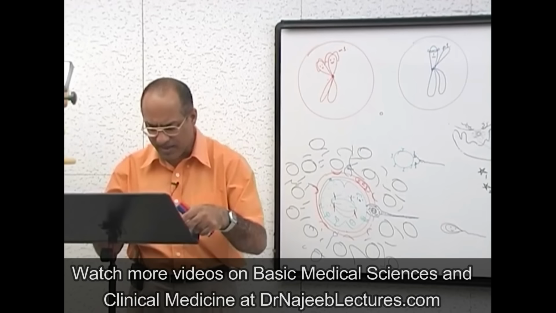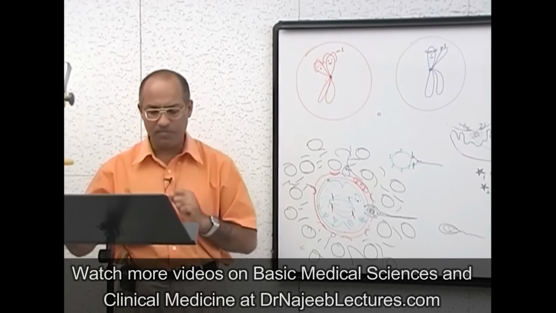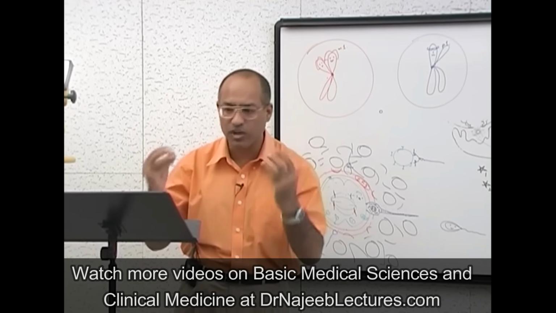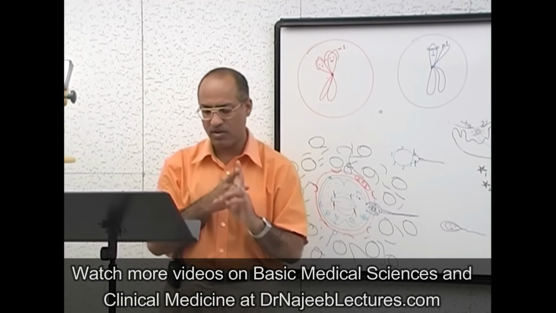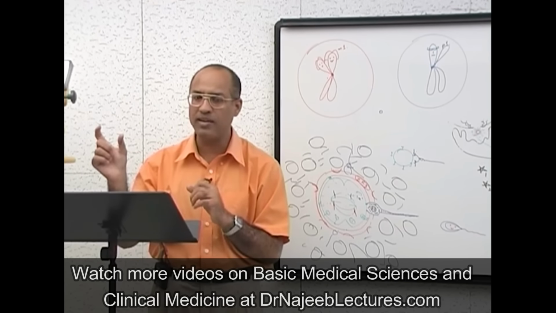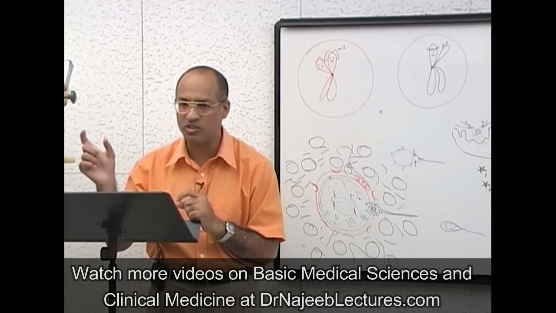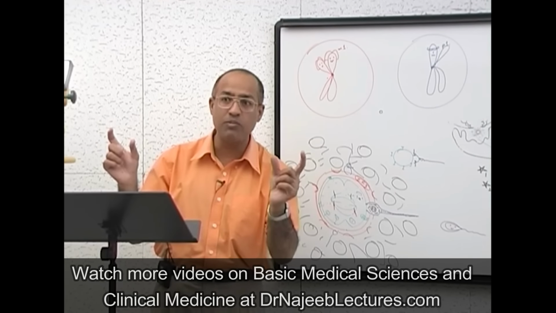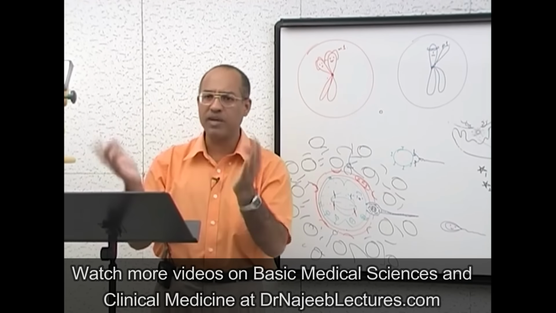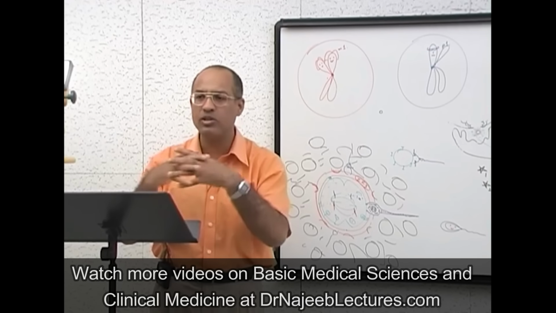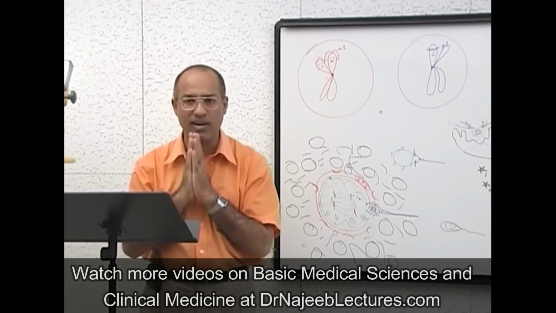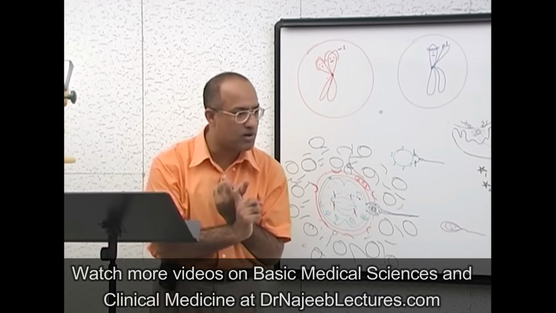Now, again, just to sum up, what are the main results of fertilization? What are the main results of fertilization? Number 1, establishment of diploid number, because sperm had haploid number, 23 chromosomes, and ovum eventually has 23 chromosomes. But after fertilization, male and female pronuclei form, then eventually they fuse, genetic material intermingles, and the cell from haploid has become diploid. Is that right? So establishment of diploid number of chromosomes.